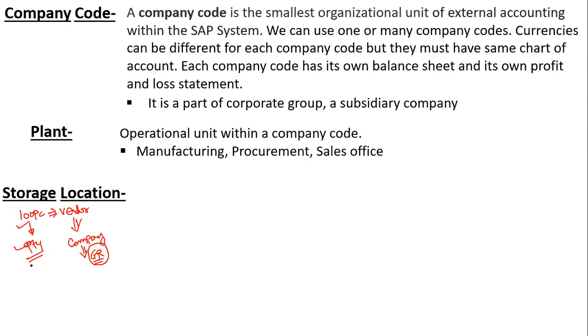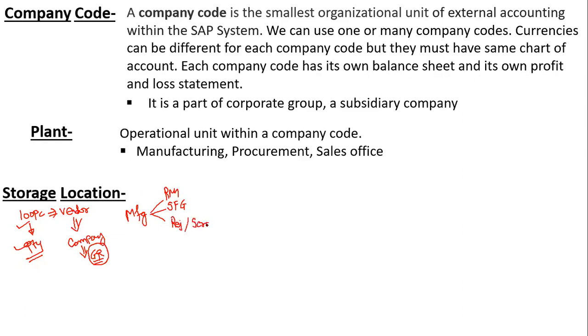So there are different types of storage locations depending upon the type of industry. Let's say I have a manufacturing industry. In a manufacturing industry, I have different types of material, raw material or semi-finished goods, or sometimes material gets rejected or some material gets scrapped.